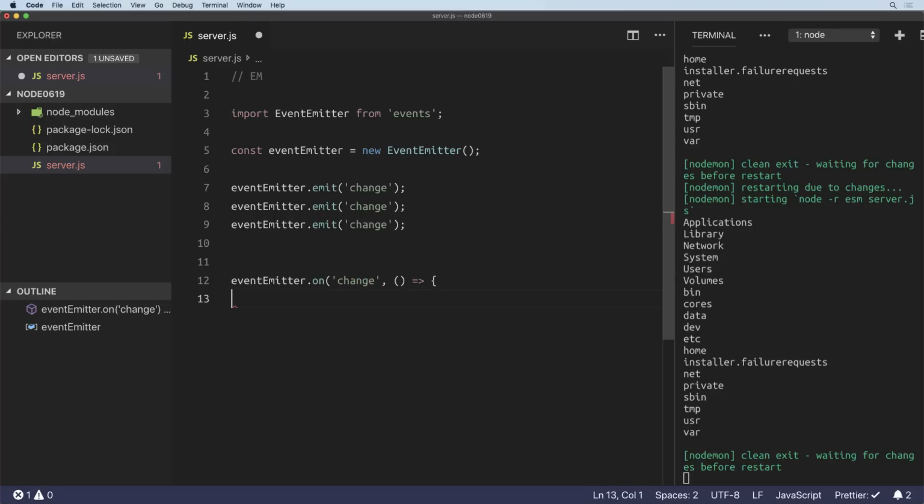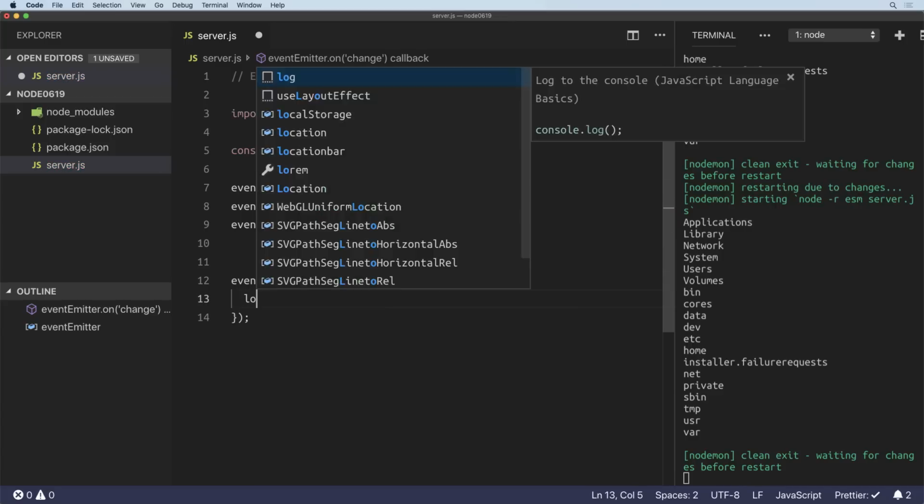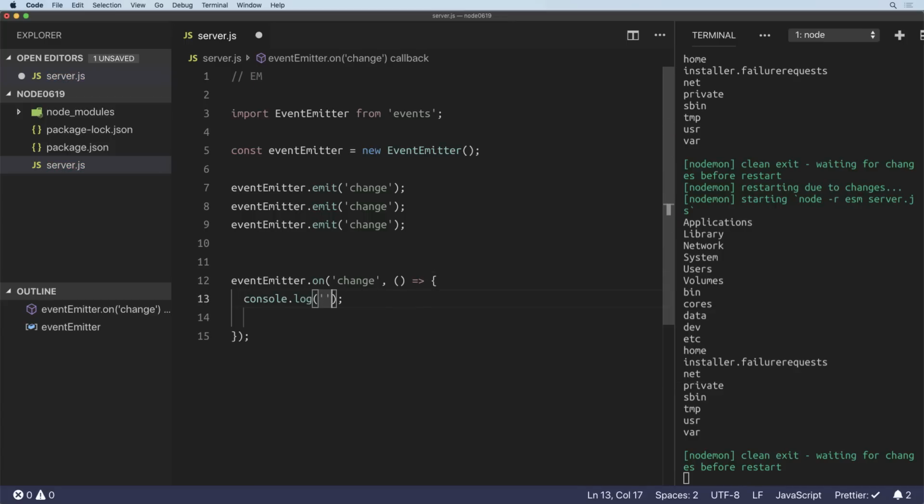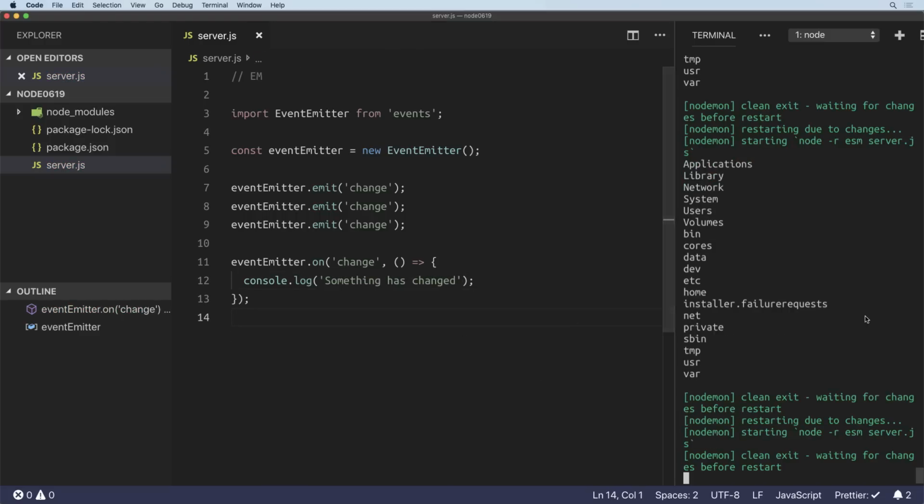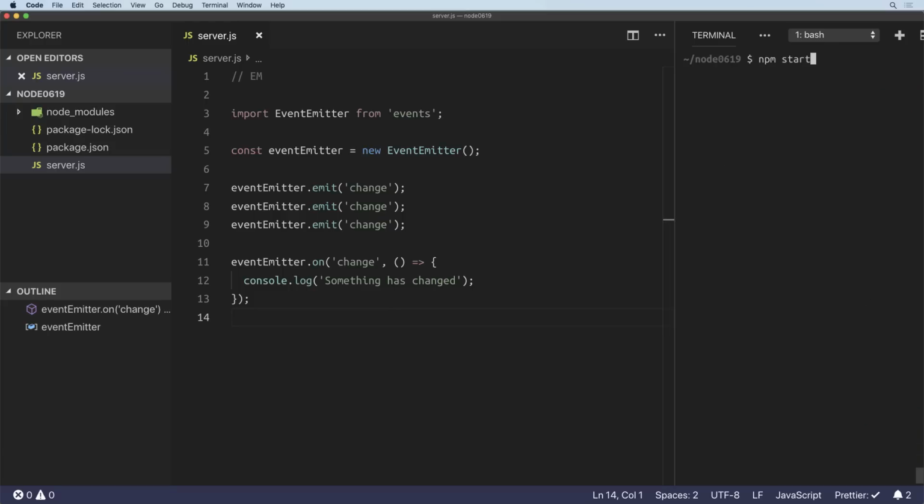Well, let's just console log "something has changed". So this is the syntax for event emitting, right? Now, here's your interview question. What's going to happen when I execute this code? And your answer is,